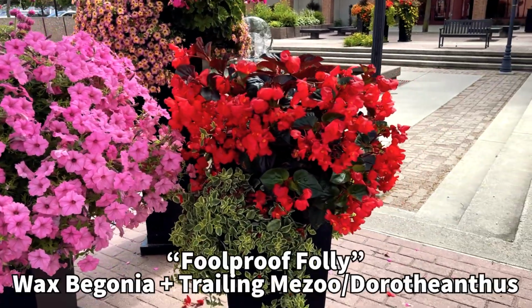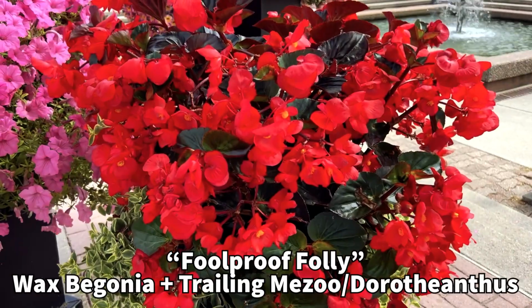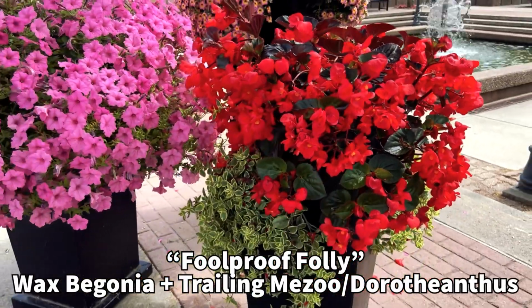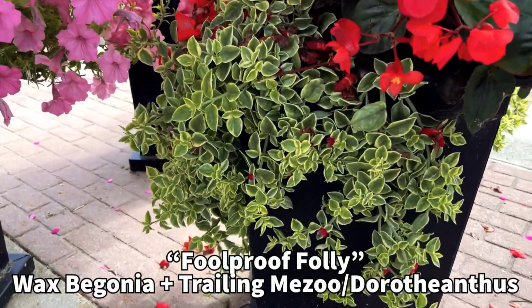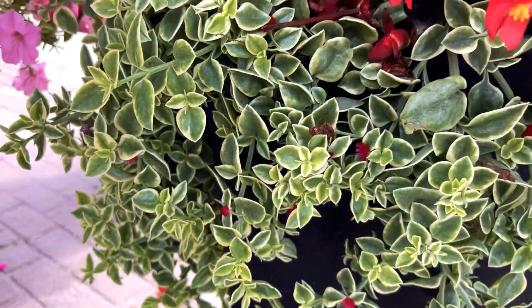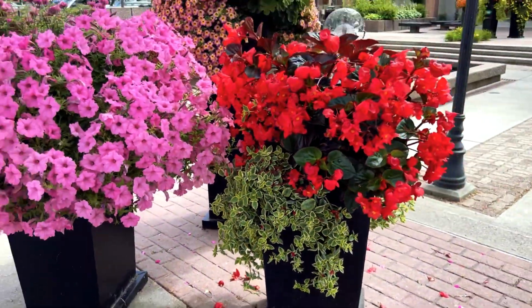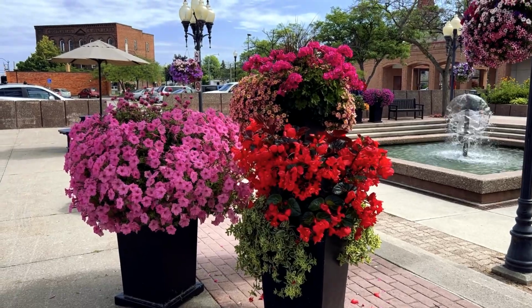And then this one here we call Foolproof Folly because it has two plants that are really hard to kill. This is one of the wax begonias. I believe it might be a Whopper, the Whopper Red, and then it's combined with Trailing Mezzo. And Trailing Mezzo does get that little red flower, so it's just little red dots in there. Just a beautiful combination. So, hey, hats off to the city of Alpena for this great work of keeping these